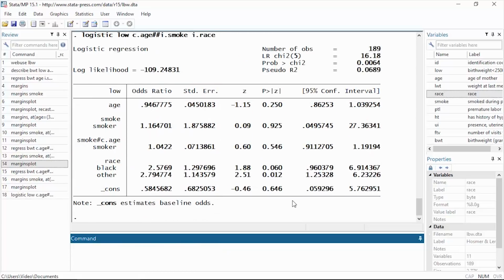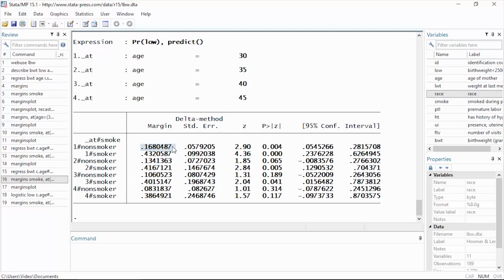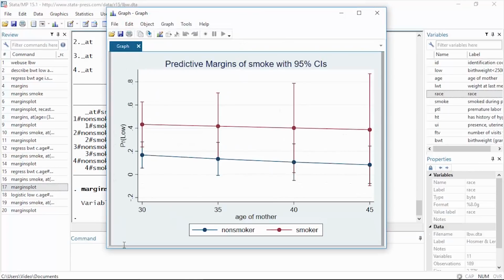I'm going to press enter. Stata fits the model. Now watch this. I can still use the exact same margins command I used before because I have the same covariates. But now what Stata, or margins, is doing is calculating the predicted probability of low birth weight for smokers and non-smokers. It's not the expected birth weight, it's the predicted probability of low birth weight. So I could go through this entire list, or I can type marginsplot, and I can graph the results. So now I can see over age by smoking and non-smoking what the probability of the infant being low birth weight is. Okay? So that's margins and marginsplot.